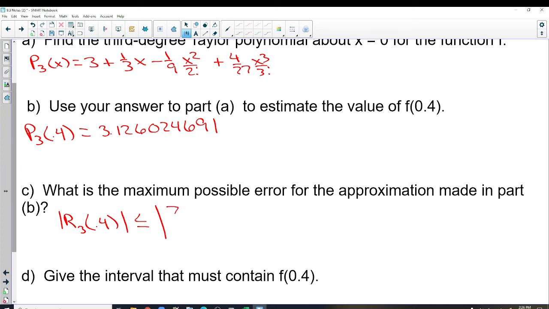So that's how far off we could be. The derivative could be 7, and we're not going to round 7 to something else. Over 4 factorial, because we're looking at the error for the third degree, so now I have 4 factorial. And then we're centered at 0, so I don't have to put in 0.4 minus 0. That's not necessary. It is when we're centered somewhere else, to the 4th power. So our error is less than or equal to